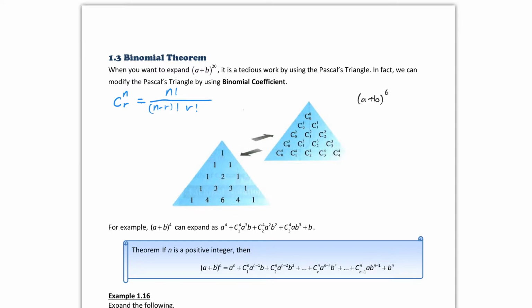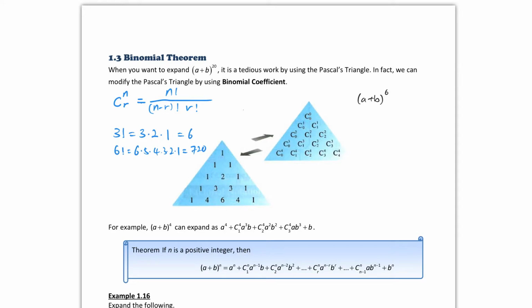What is the meaning of factorial? For example, 3 factorial means I start from 3 and decrease by 1 to 2, until 1. So 3 factorial is 3 times 2 times 1, which is 6. How about 6 factorial? It is 6 times 5 times 4 times 3 times 2 times 1. You can also use your calculator to find the value of 6 factorial. The answer is